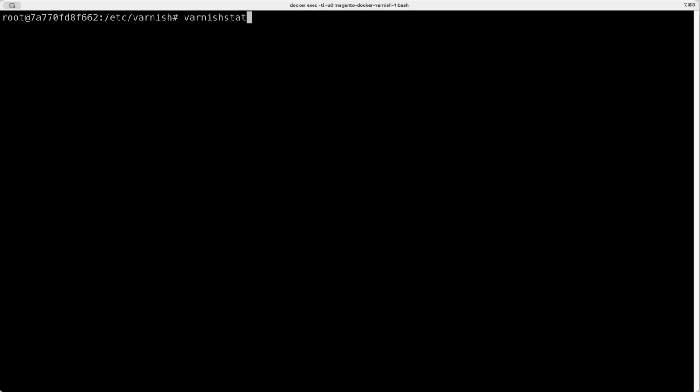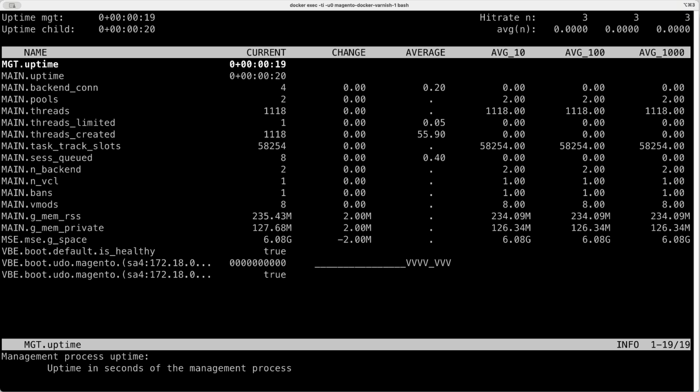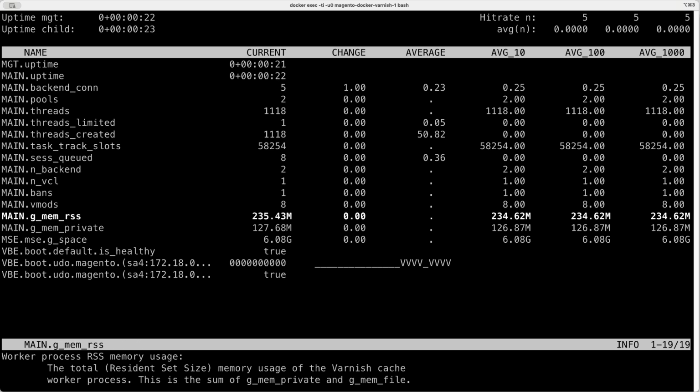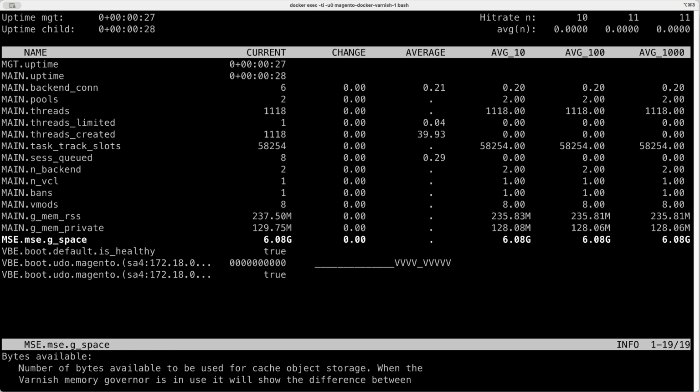Varnish has dozens and dozens of metrics available to monitor its behavior, and there are storage and MSE related metrics available too. So when you go to the command line and type the varnishstat command, you'll see the values of those metrics. We're currently on an empty cache, and you can see that the main.g_mem_rss counter has 233 as its value, which means the total memory footprint of Varnish is a little over 233 megabytes. Knowing that 80% of the memory is available for storage,